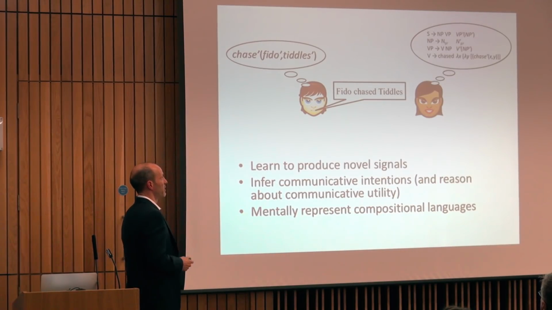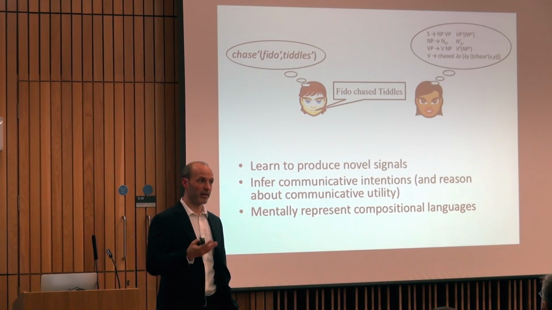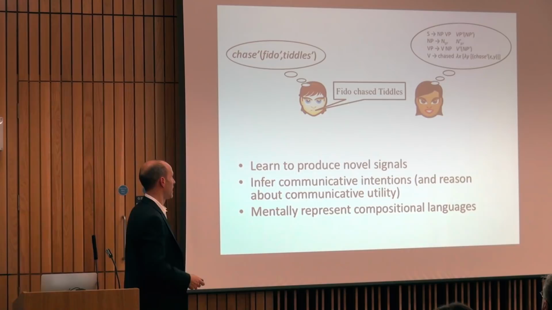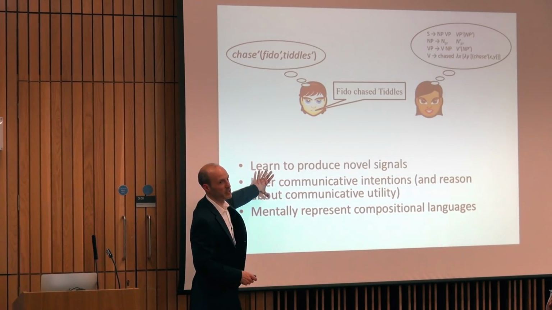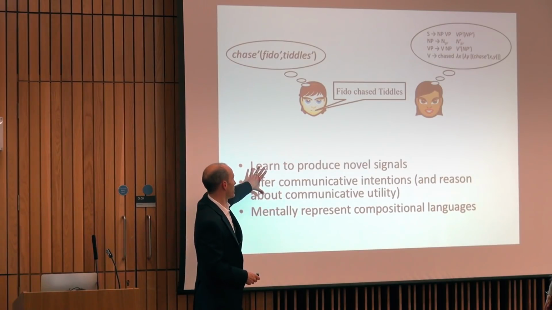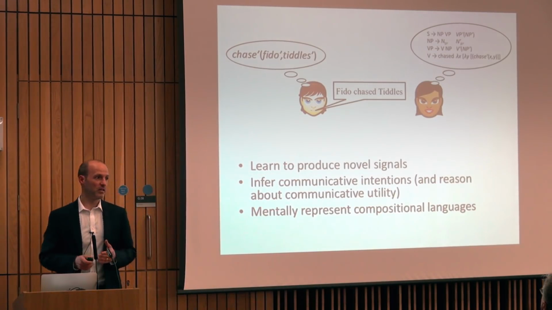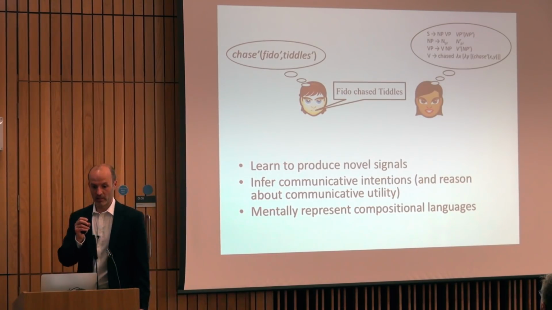What our modeling and experimental work suggests is that once these three components are in place, then that enables this transmission through learning and use of meaning-form mappings, and linguistic structure kind of naturally falls out of that process as a result. So if we want to understand how the capacity for language evolved in humans, then we need to explain how the capacity for iterated learning evolved in our species. So how do we end up with the ability to do these three things?